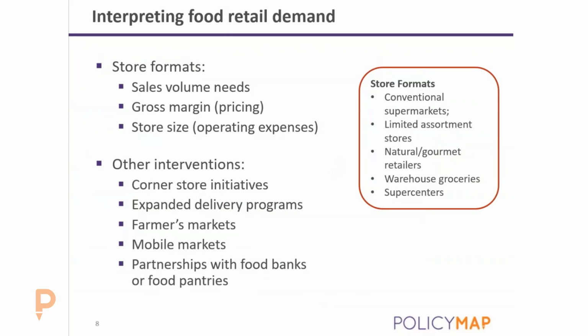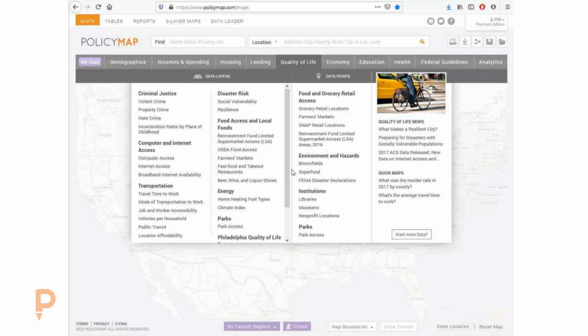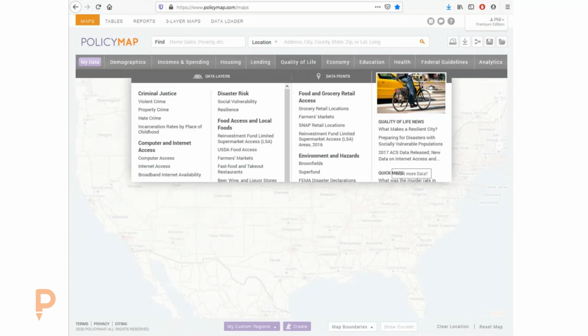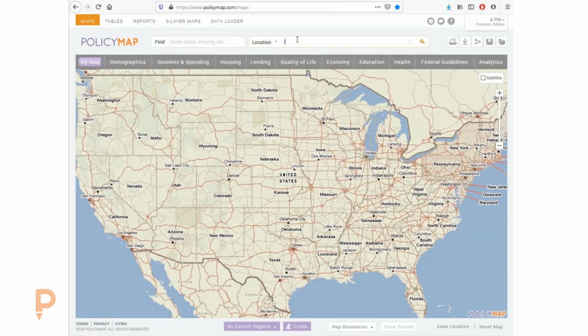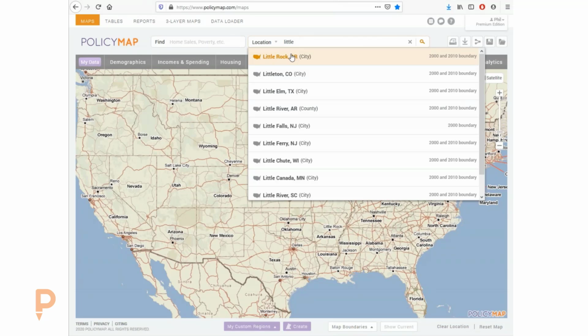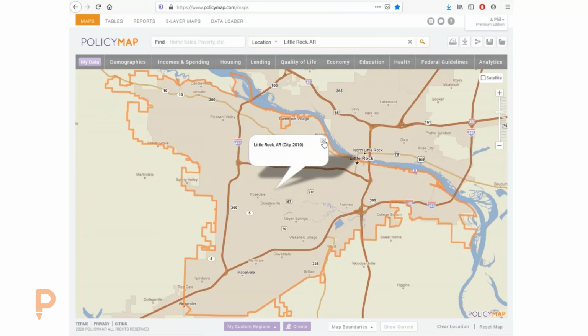And then types of stores. So I'll share this. I don't want to really dig into this, and I think it's a neat way to understand some of the different data sets that are on there. So in this case, we can go down to Little Rock. And I probably don't really want to spend much time explaining the tool to you guys. I think most of you will pick this up fairly easily.